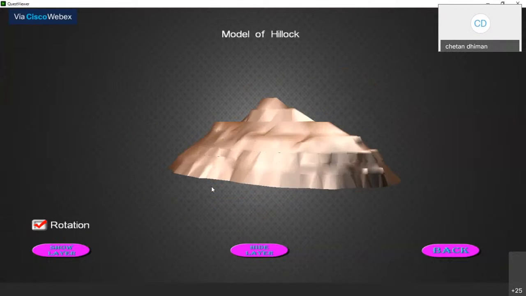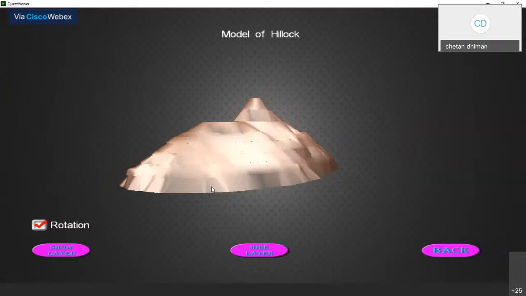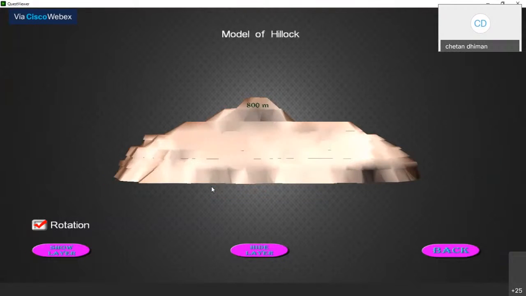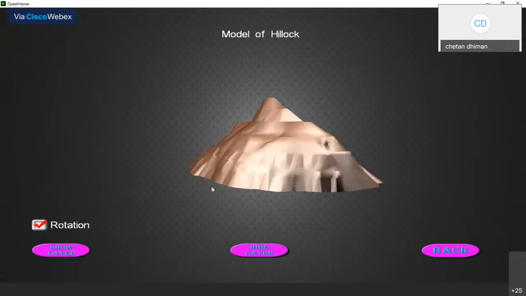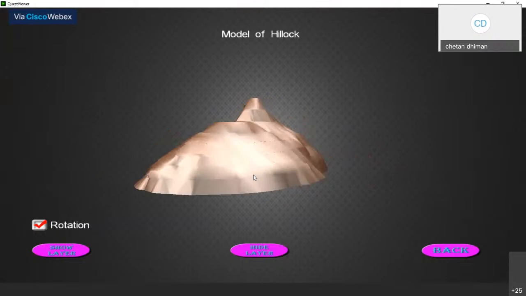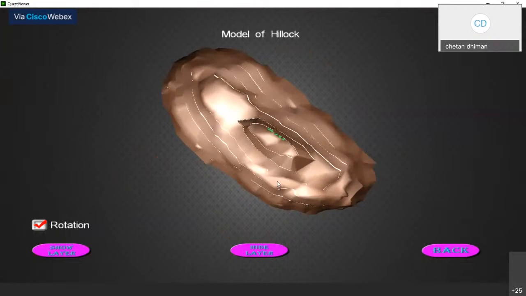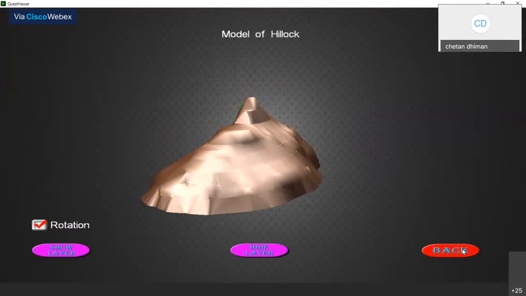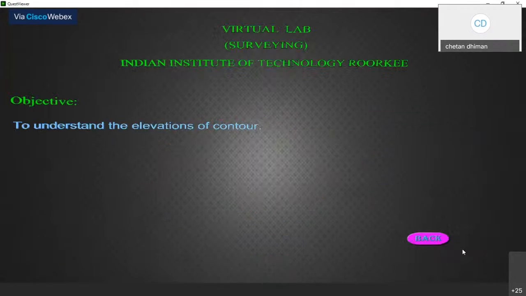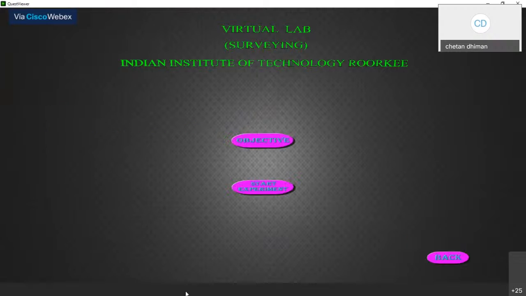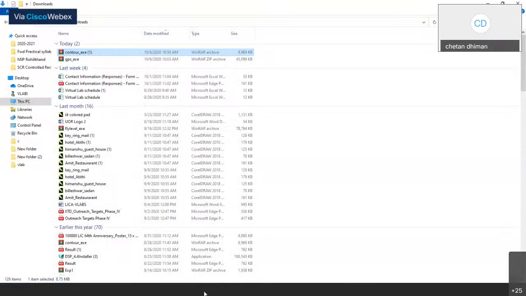So with the help of this 3D model, a faculty member can teach their students what contour lines are and help them visualize what the hillock model of contour is. After getting an idea of what a contour line is, we open our next experiment and next step, in which a student can perform the experiment in a real field. To draw the contour lines we require,